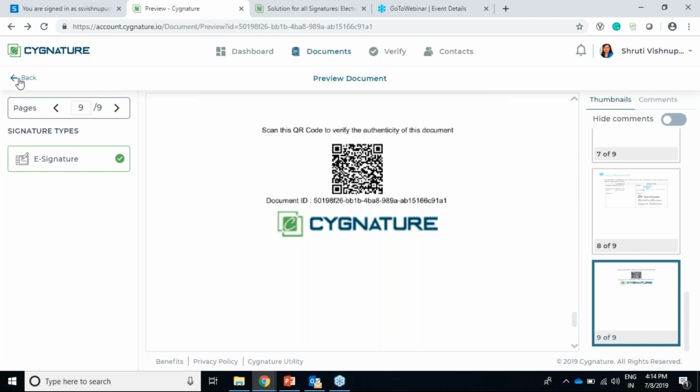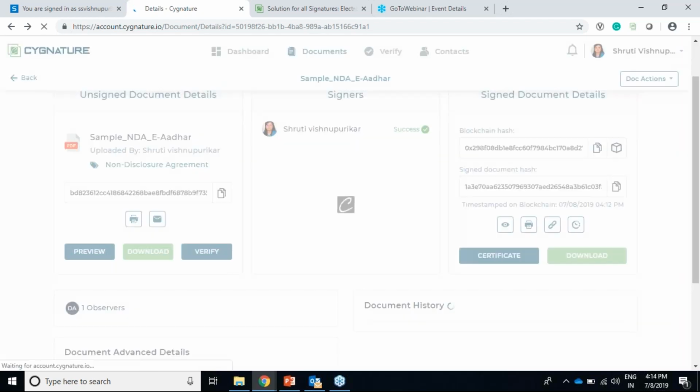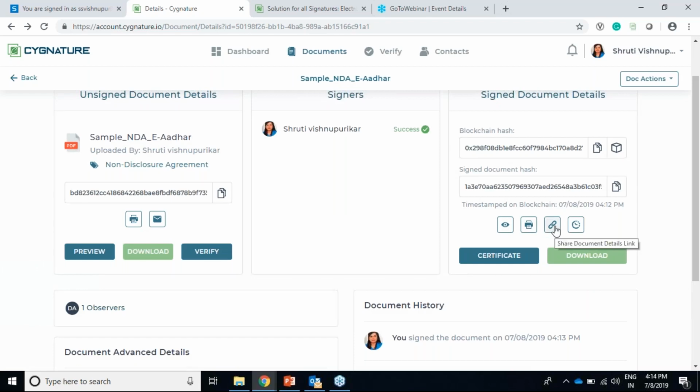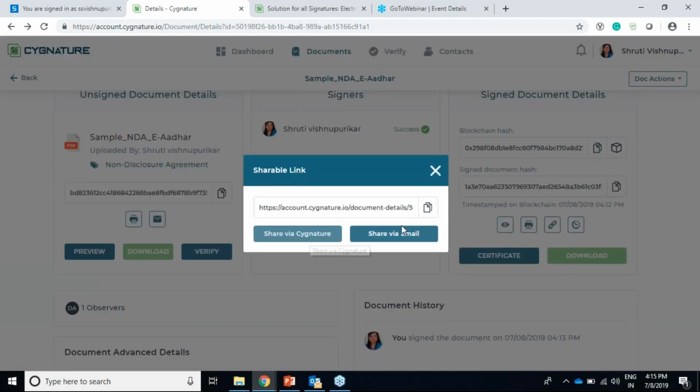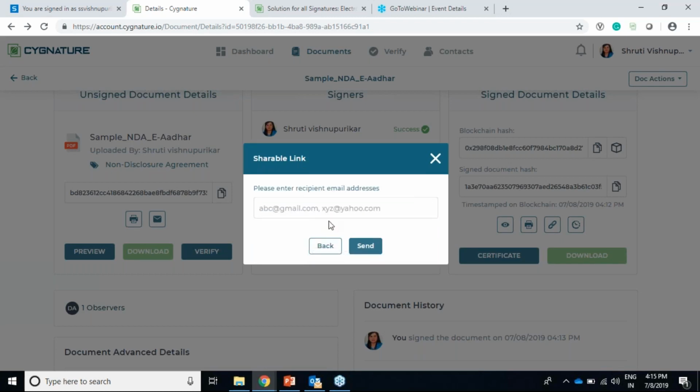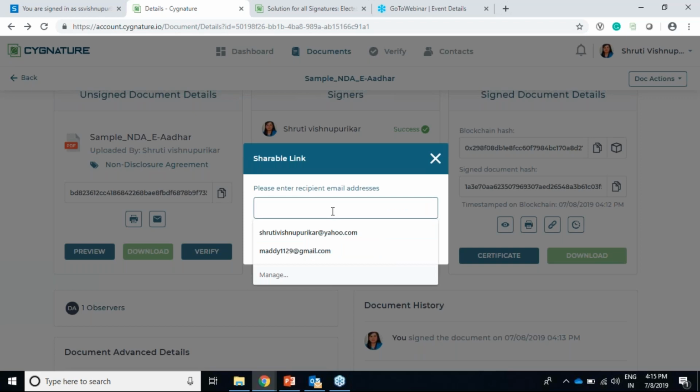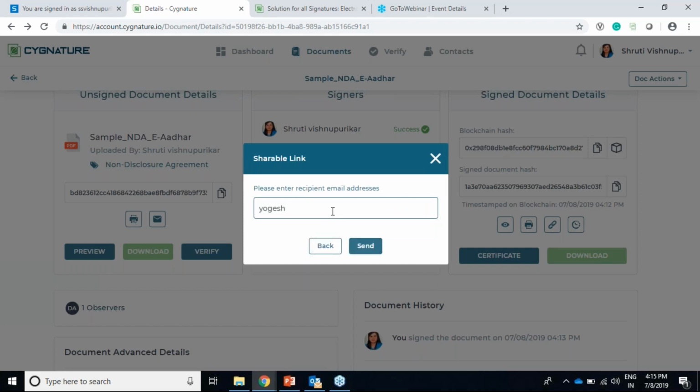Also, one more thing which we have added on this details page is, let's say there's a third party who wants to see this document. We too are involved in that, but after signing the document, the third person also wants to see this document. So I can share this document to that person using two different options, which is share on signature, share by signature. So I can just put his mail ID here, like let's say I want to share this document to Yogesh sir. So I can just put his mail ID here,